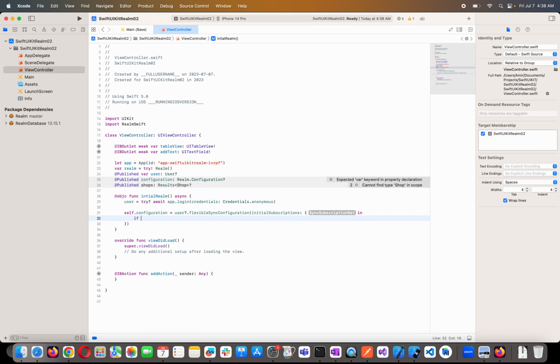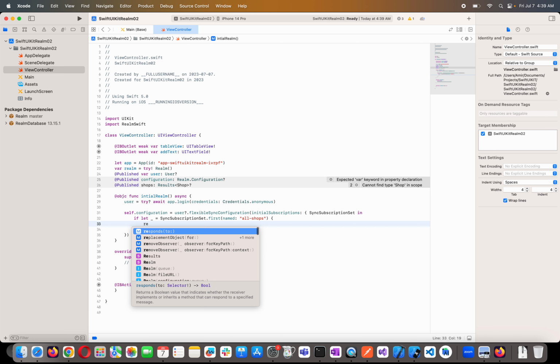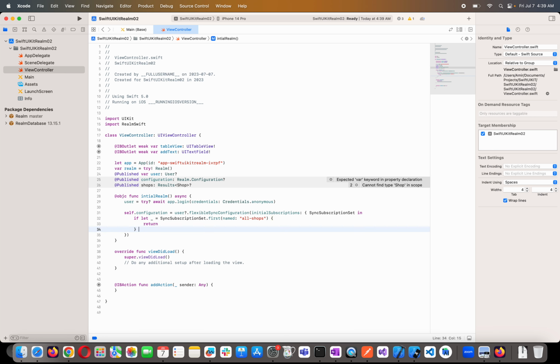So here I just say if. You know, what will be the value of this? I just say this will be equal this subscription set dot first named, I say all shops. Okay, and so for this what I do, I just say return. But if not,